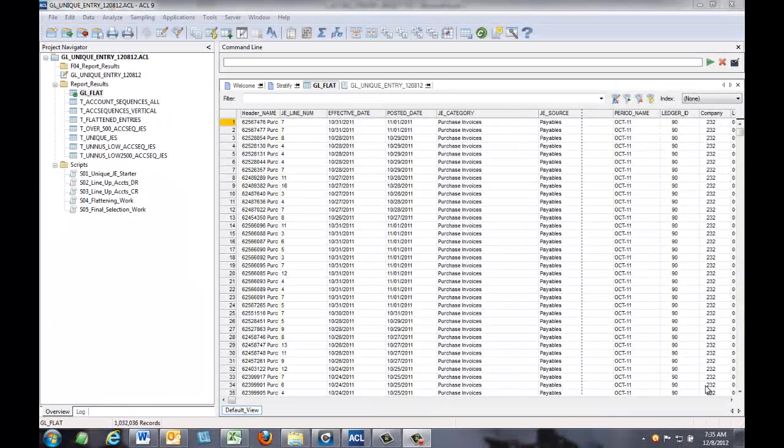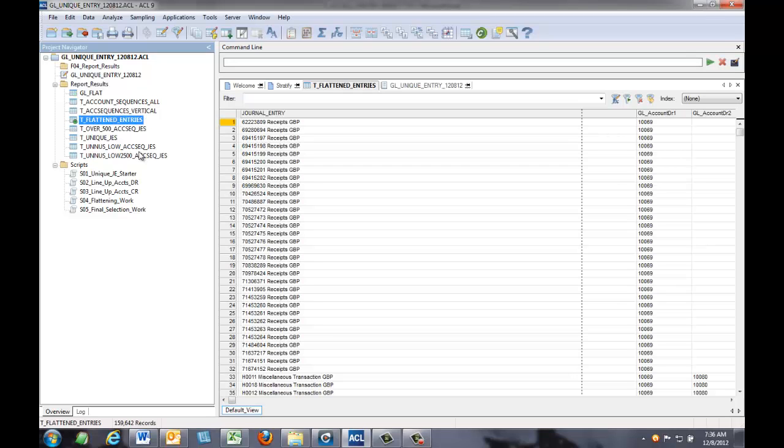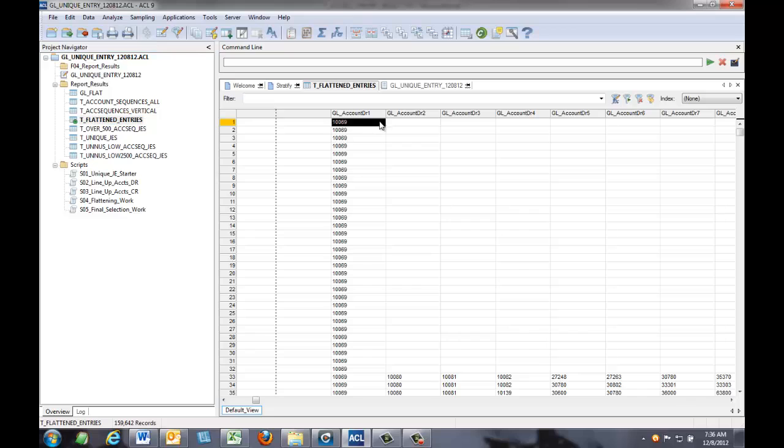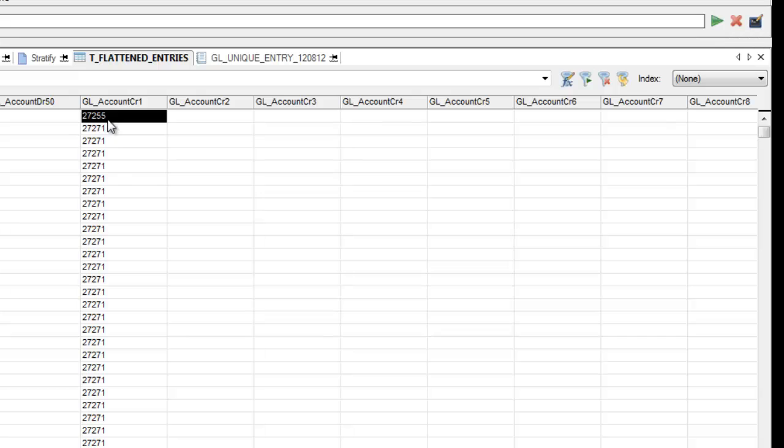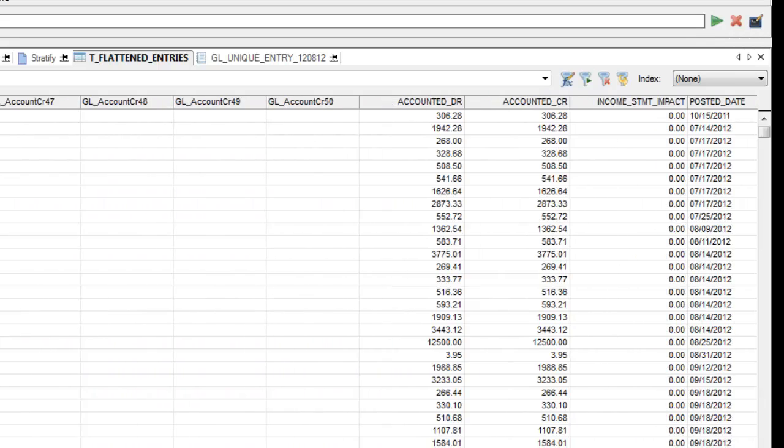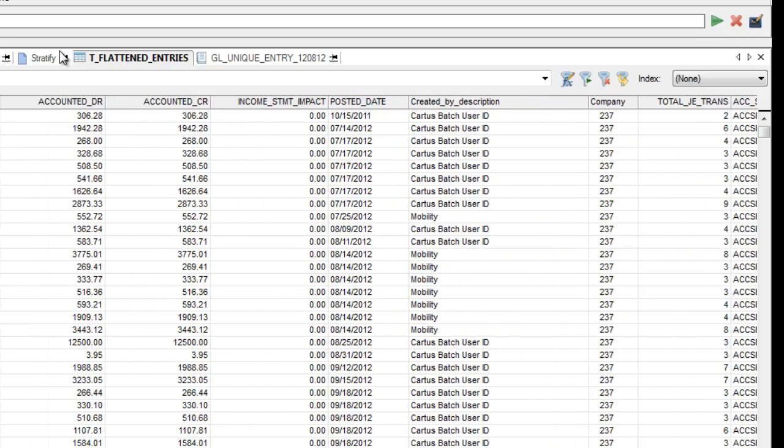The way this new journal entry system works is it takes a general ledger, which in this case has about 1 million records in it, and it will summarize it in a variety of ways. One thing that it does first off is it figures out the journal entry and then the first 50 account postings to the debit, and then the first 50 credits associated with that journal entry. And it also gives you some other odds and ends down here, like the total value